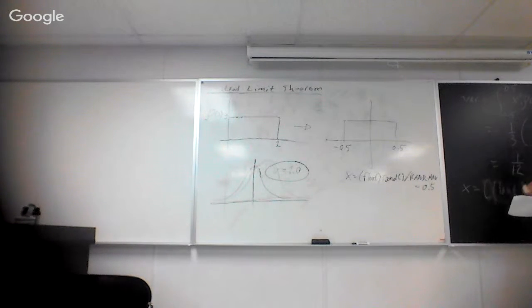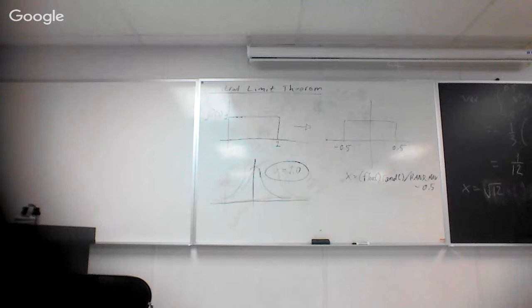We need to include this root 12. We need to scale the random numbers that we draw by root 12. And this means we will get the appropriate standard deviation of our final function. So we just put root 12